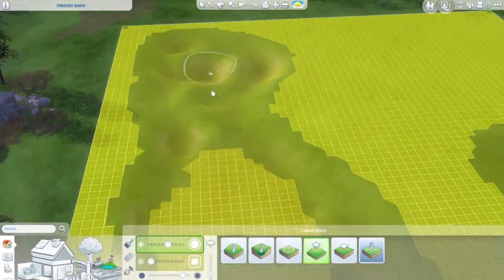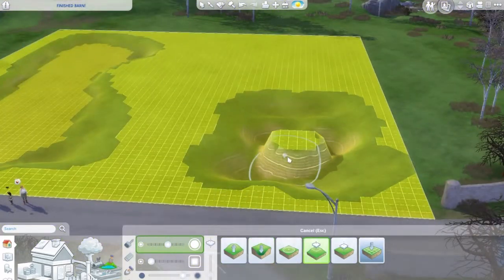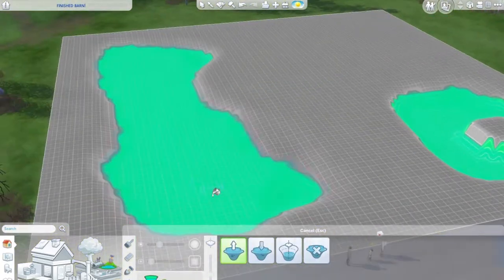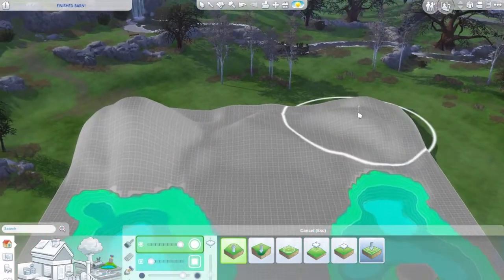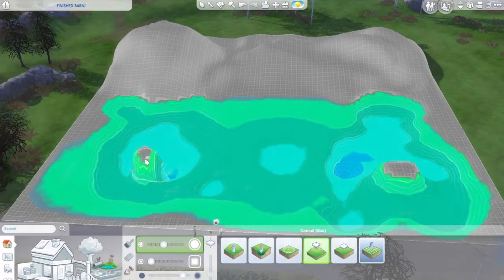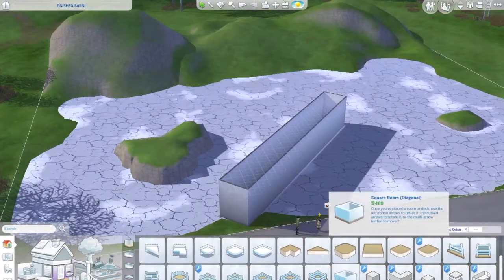Today we are building a modern lake house, and this is actually in Henford-on-Bagley, on the converted barn lot. So here I am just fleshing out the lake, putting in some mountains. I really wanted this to be a really scenic and relaxing place to either live or to send your Sims